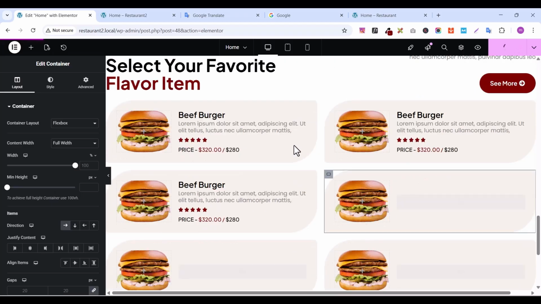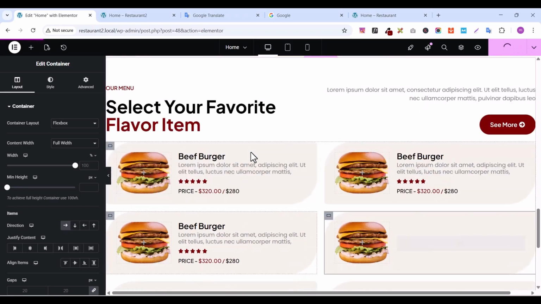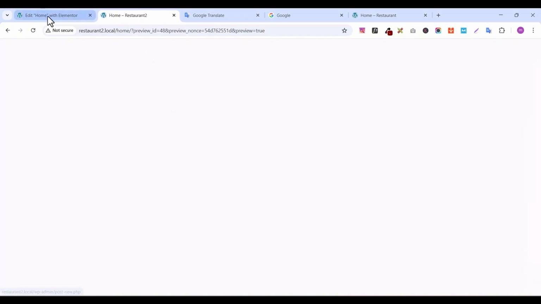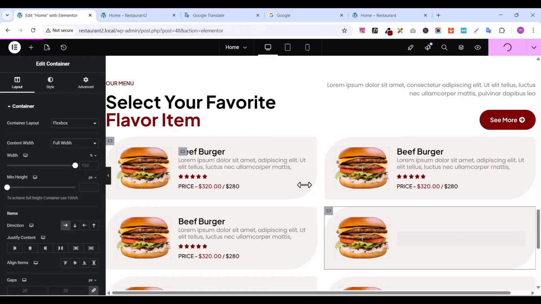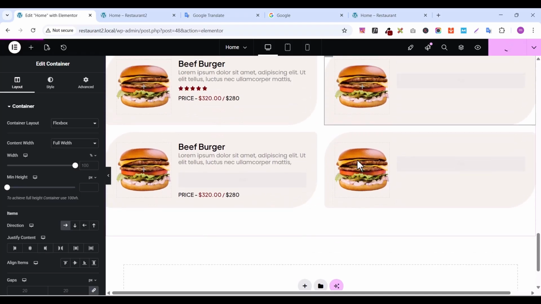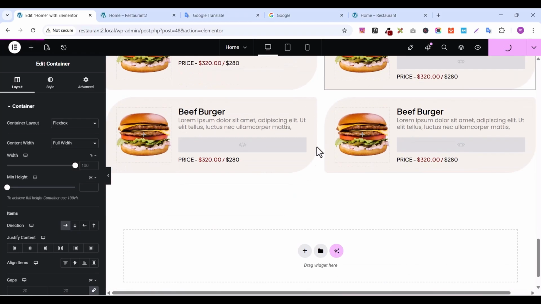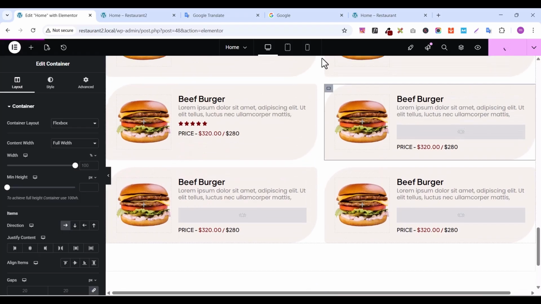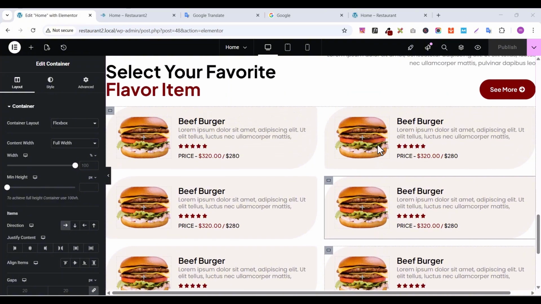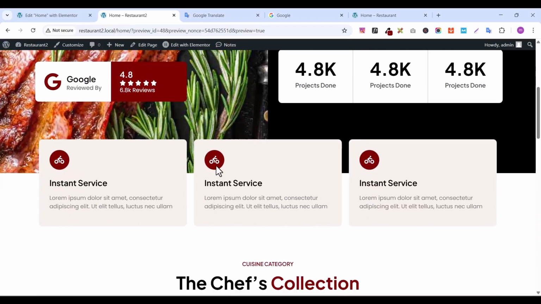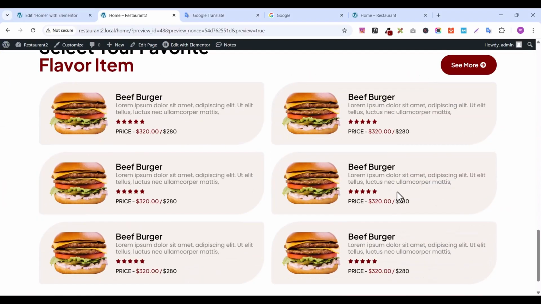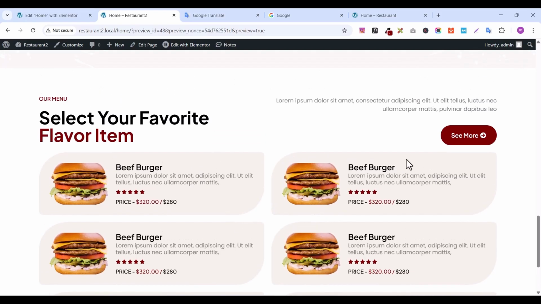So let's publish and refresh it and see what we just did. It's loading. So let's wait. Okay, so everything is looking good. So let's check our reference site again, and you can see we have achieved it. So we can give it a gap here. So let's go back,